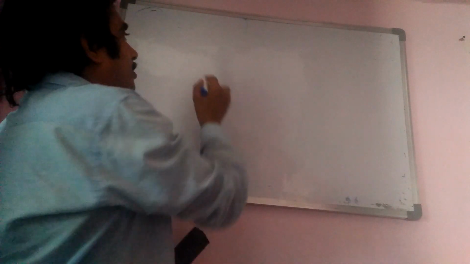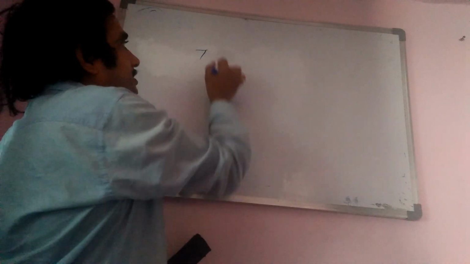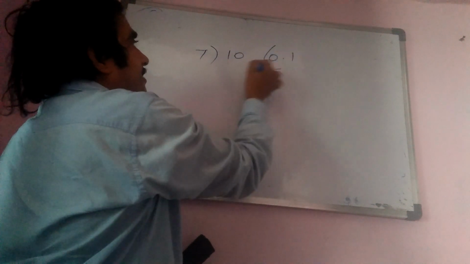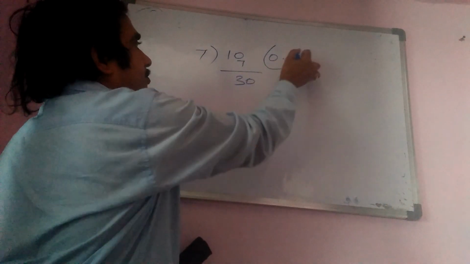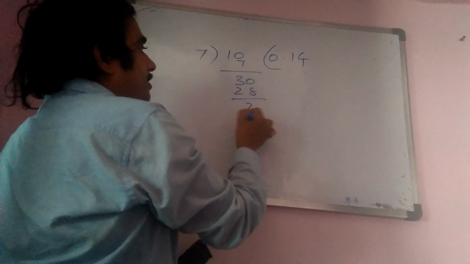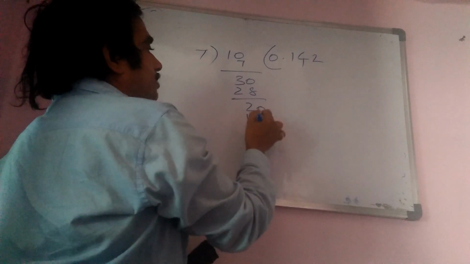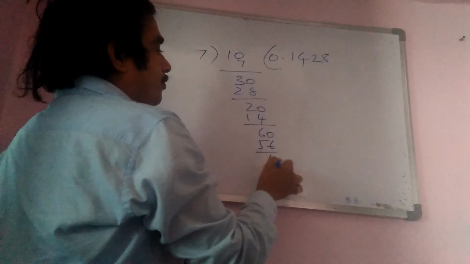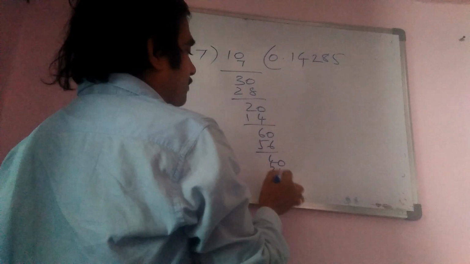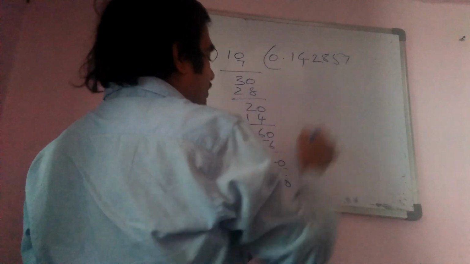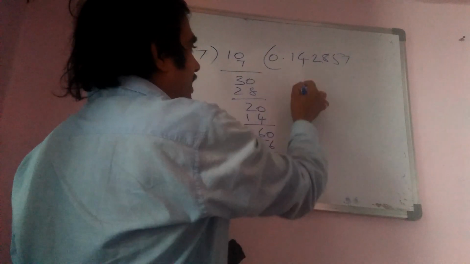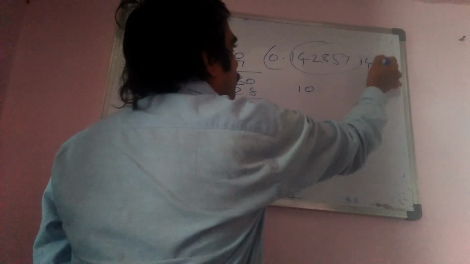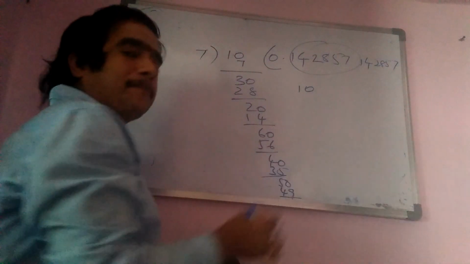Okay, we will check with one more prime number. Our best prime number is 7. I am dividing 1. Here 0.0, 7 ones are 7, 3 0, 7 fours are 28, 2 0, 7 twos are 14, 6 0, 7 eights are 56, 4 0, 7 fives are 35, 5 0, 7 sevens are 49, remainder 1 I am writing here, again this starts. So here 1 4 2 8 5 7, again it will repeat.